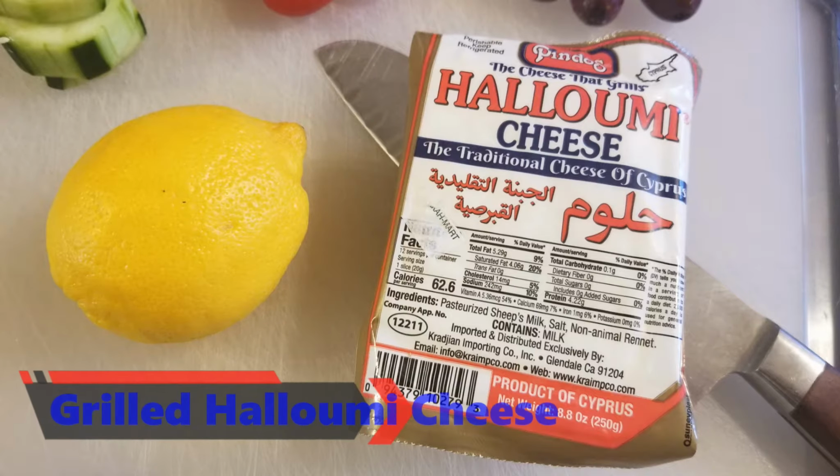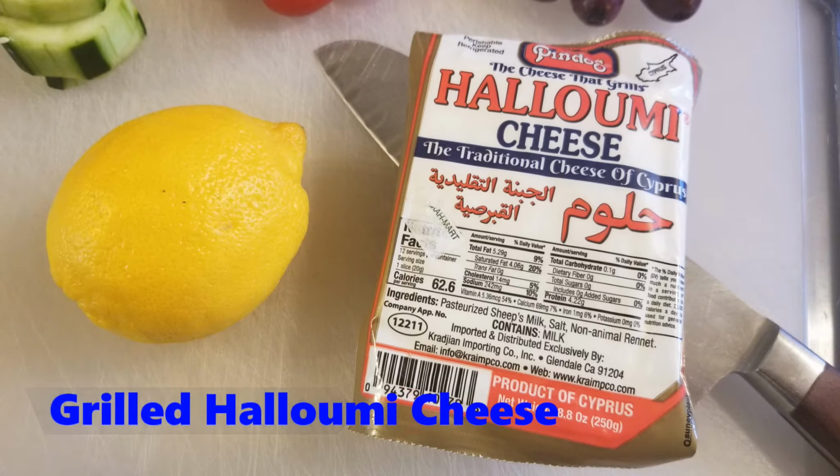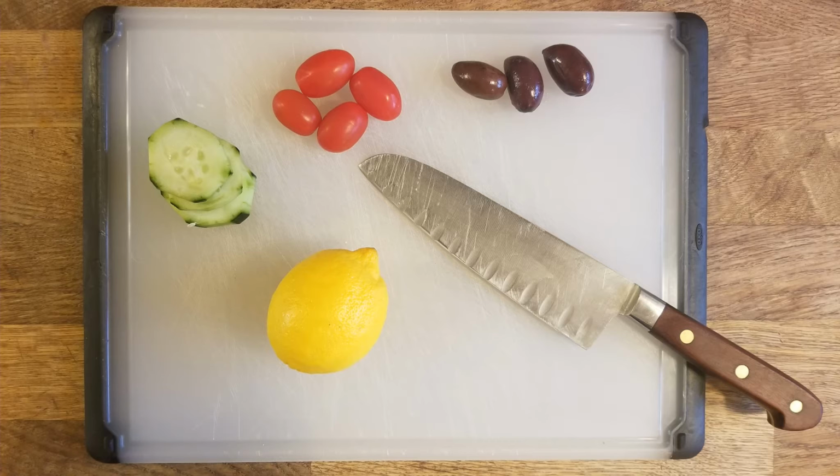Hey guys, so today in conjunction with our lesson, I'm going to show you how to grill some halloumi cheese, which is the official cheese of Cyprus, made from sheep's milk. Just going to show you some simple techniques here and throw together a quick salad from stuff I just had laying around my fridge. So I had some tomatoes, some Kalamata olives, some cucumbers, and I'm going to prep a